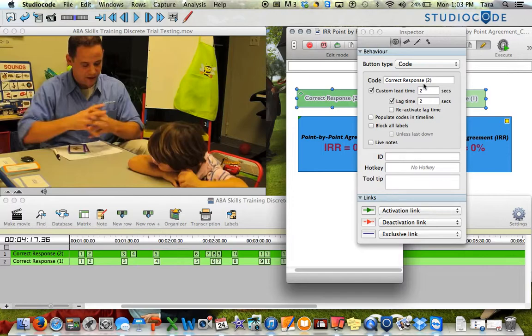There we go. So that's something to think about. Make sure this isn't checked, reactivate lag time. That means as soon as it ends, it'll start it up again. We don't want that for this particular case. So the way we're going to tell the actual program to count whether or not we counted the same incidents,